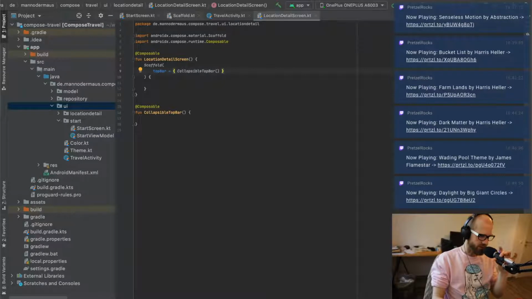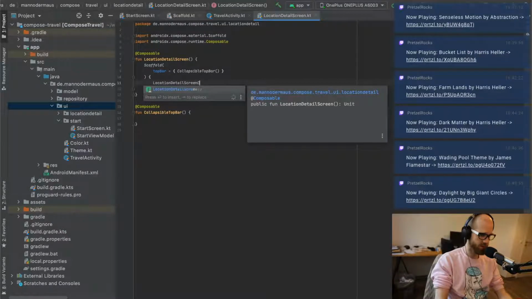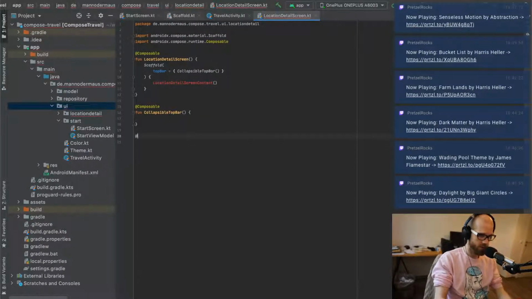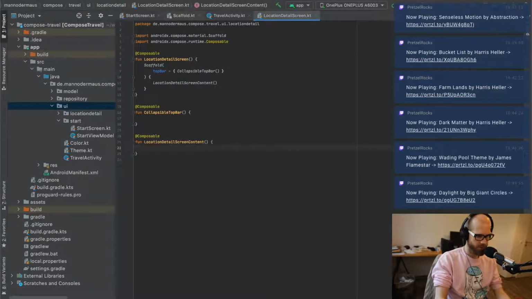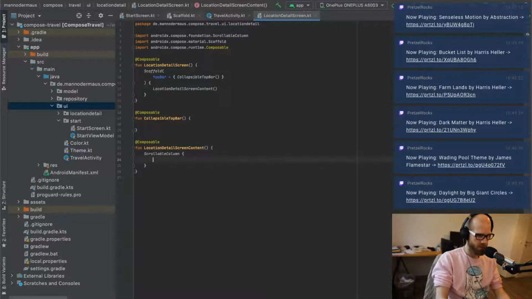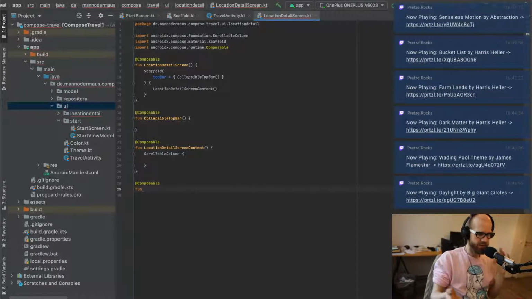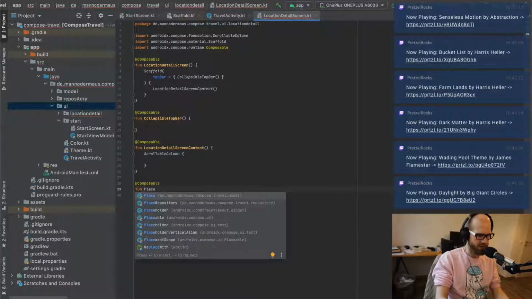And then the content is, well, it's a scrollable column. So I'm just gonna emit location detail screen content. Right, and this is gonna be a scrollable column. And inside will be the different cells. So pretty much these are the different places, I guess. So place cell,